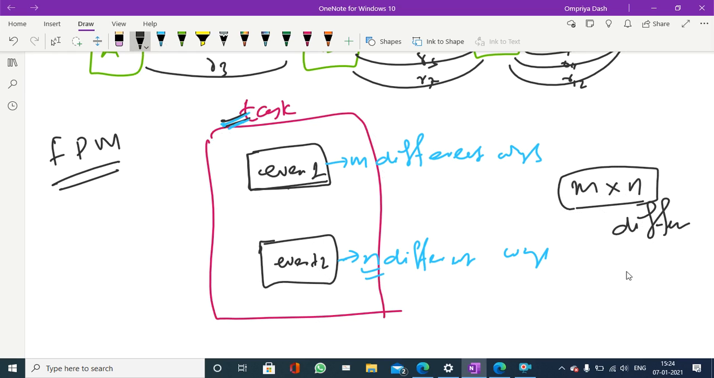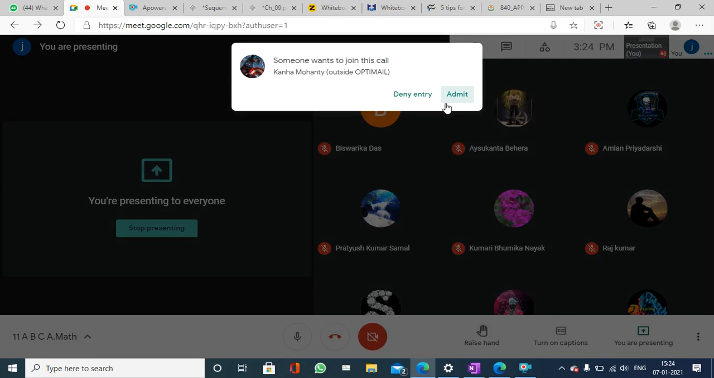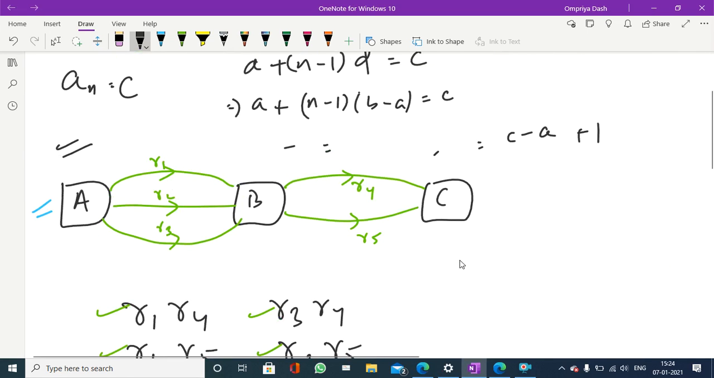This is called the fundamental principle of multiplication. Got it? Yes, sir. Okay. So in this example, you see that